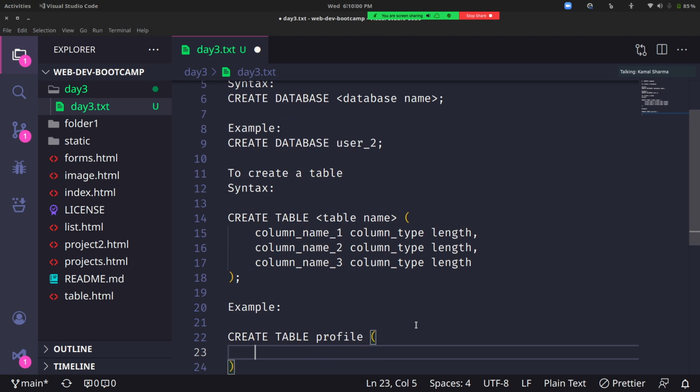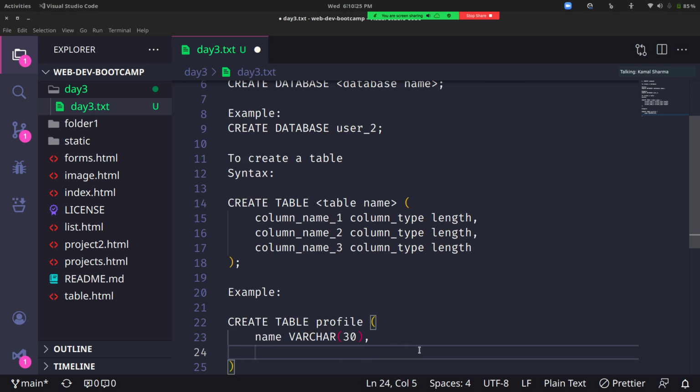In the profile, we can have his name, which will be VARCHAR. I'm giving VARCHAR in caps because it is one of the SQL keywords. After that, we have to specify the length. I'm giving that length in the parenthesis itself, and then I'm giving a comma. After that, I'm giving age. That's another field that should be an integer. So I'm just giving int.